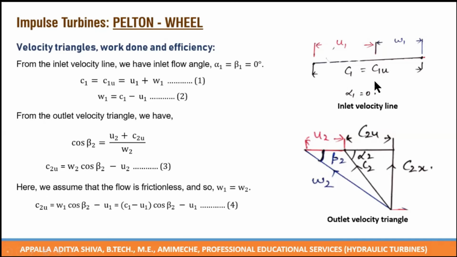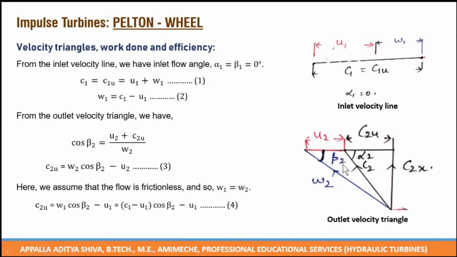Whirl component is always responsible for power generation in turbines, compressors, pumps, and fans. In all rotodynamic machines, whirl component is the major component responsible for power generation. Now, because the blade is also moving and the fluid is also moving, you will have a relative velocity component. So the mathematical relations are C1 is equal to C1u, and we have C1 is equal to U1 plus W1. Okay. So now we sum it up here.